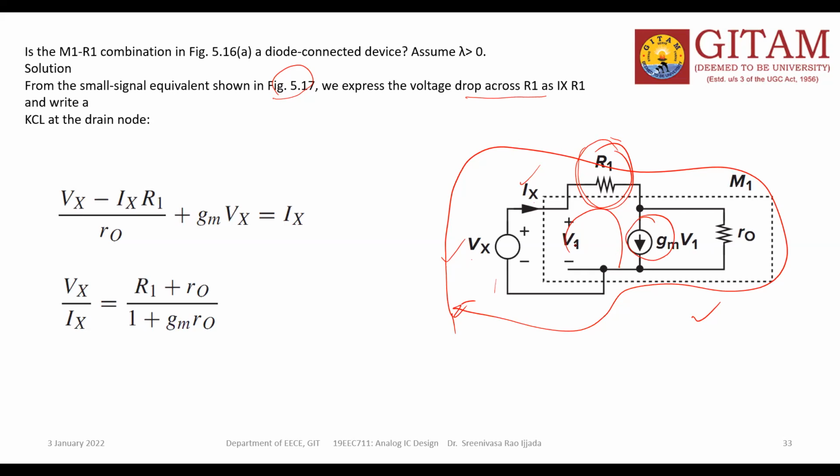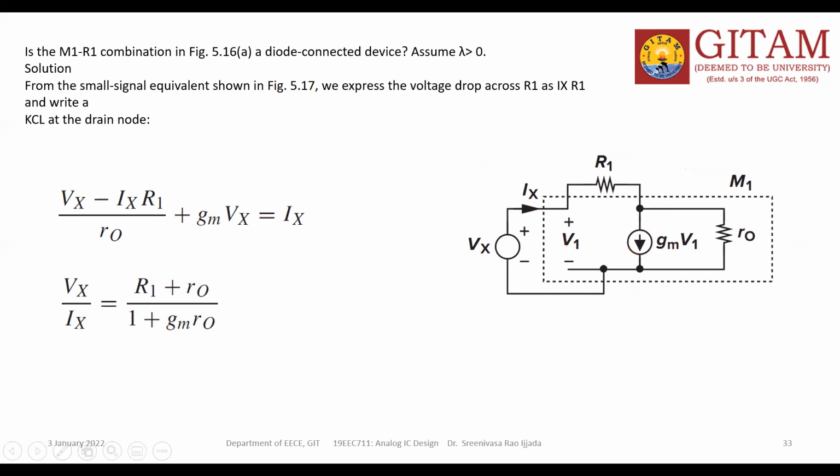Which type of current source is this? Am I correct? It is a dependent current source. We cannot write any equation across the dependent current source, so I am writing like this. Or you can take it like this: minus Vx plus Vx, and plus 2 minus, Ix into R1. Okay, so plus, go like this.